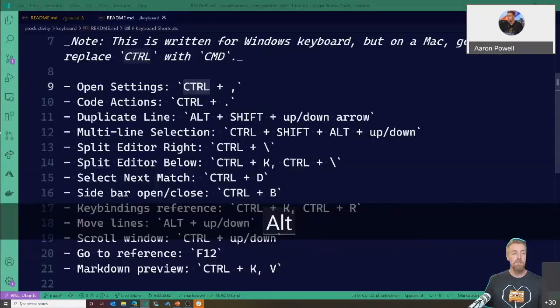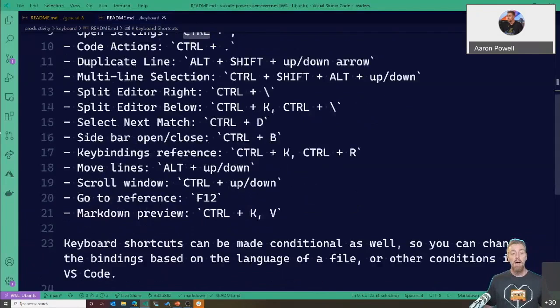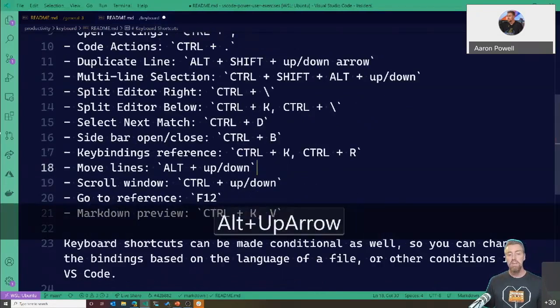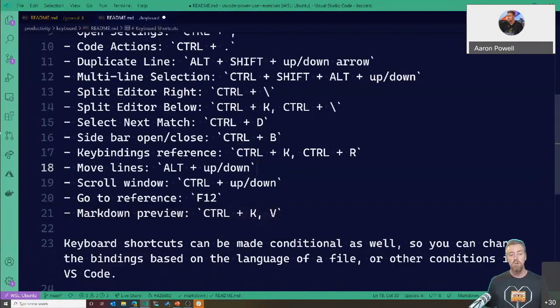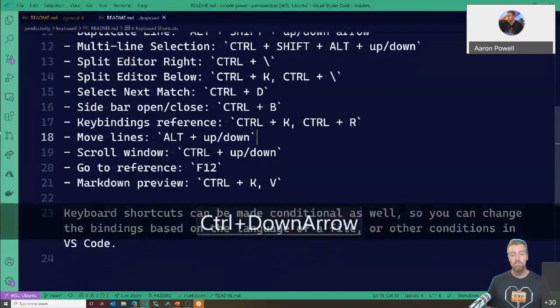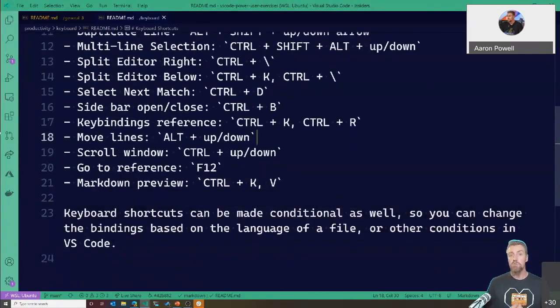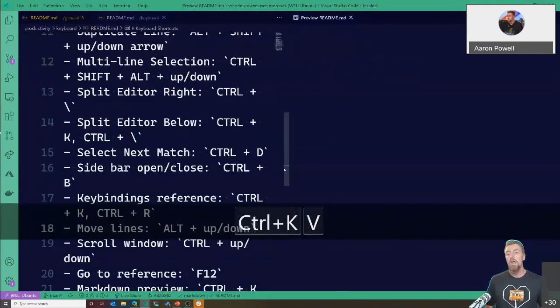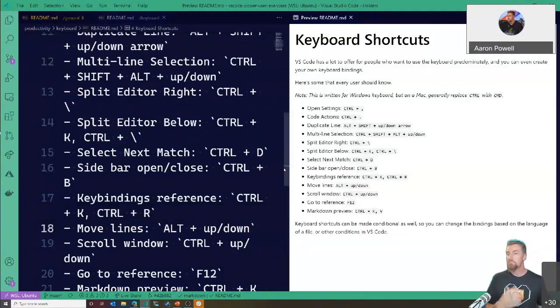I'm just going to kick some stuff off in the background that we'll need a bit later on. If I want to move a line, Alt up and down will just move that line in the direction I want, whereas Control will just fix the cursor in that place and navigate the window up and down. If you're working on a strongly typed language or a language that has symbols that it can detect usages of, like TypeScript, JavaScript files that are marked up with JSDoc, .NET languages, so on and so forth, F12 will allow us to navigate around that. And then finally, if we're in a Markdown file, we'll do Control K, V, and I can get a preview of what that Markdown file will look like, just pop there on the side.